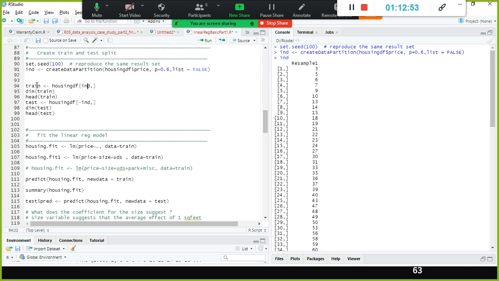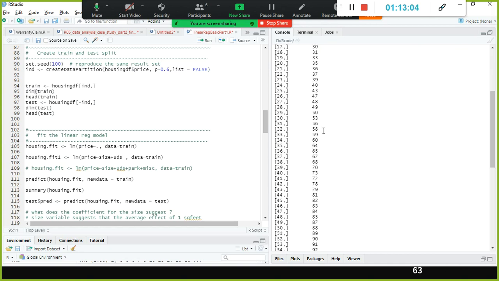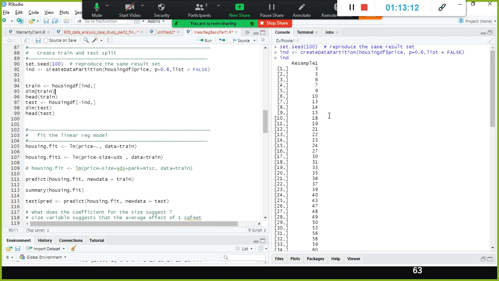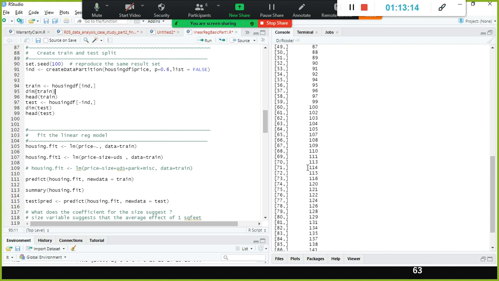So we are passing only the randomly sampled 60% of the data to the training data frame. If I put a minus in, what will happen? Except these index values, the remaining 40% of the row index values, if you exclude these index values, will go here.